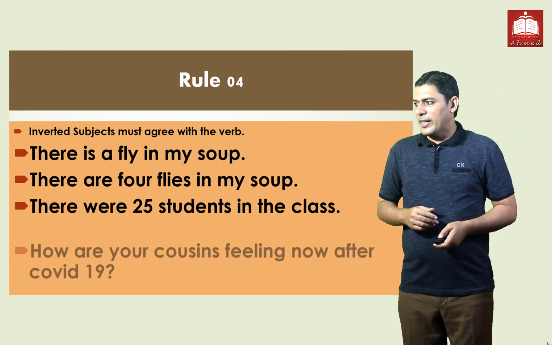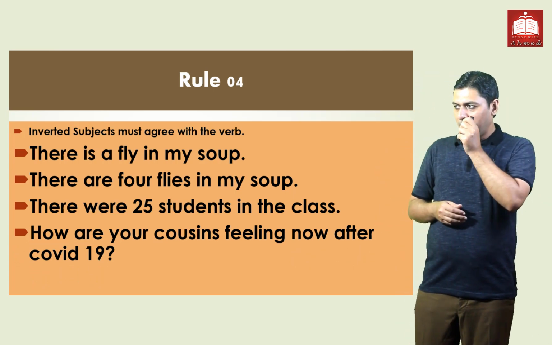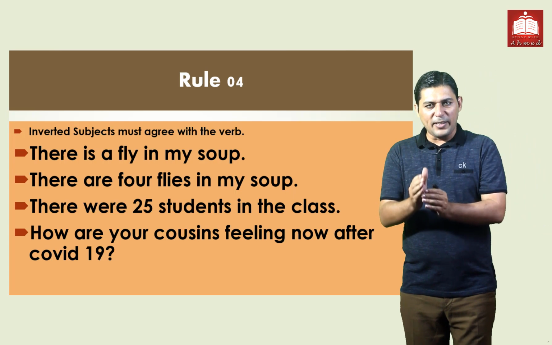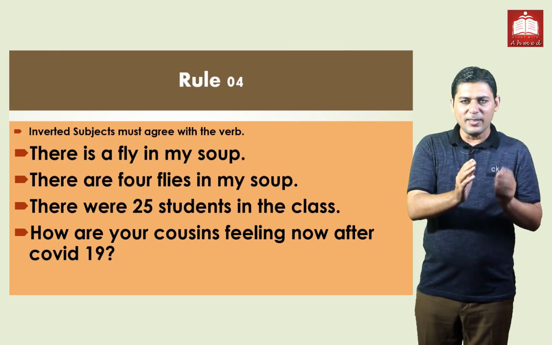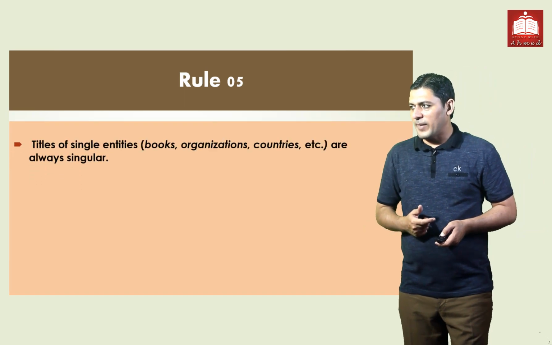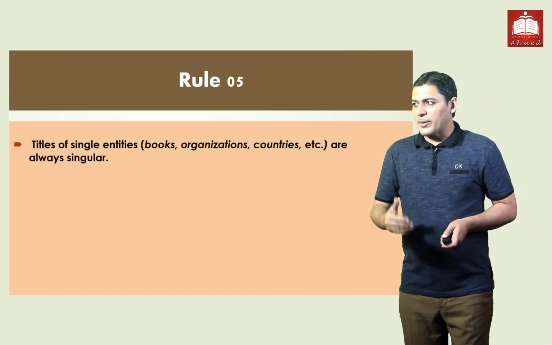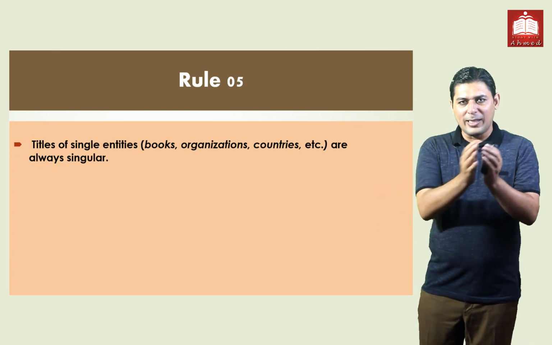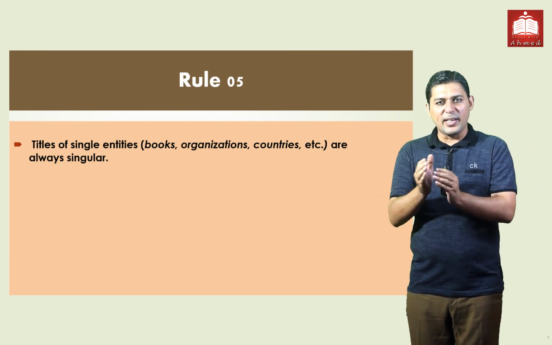Right one. Second is how are your cousins feeling now after COVID-19? Your cousins subject and then we have are. Right one. So this one is rule number 4 we have. We are moving forward to rule number 5. Titles of singular entities. We have certain books, organizations जिसके लास्ट में s और es आता है, तो they are